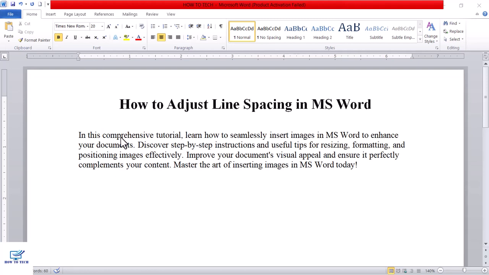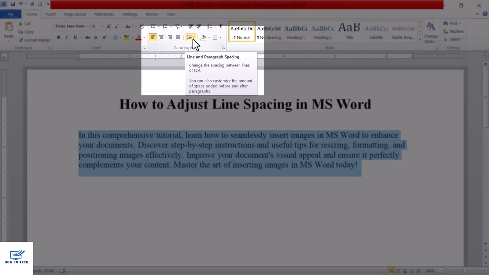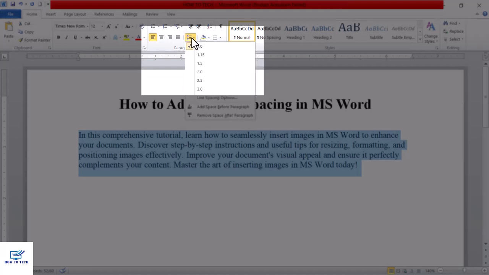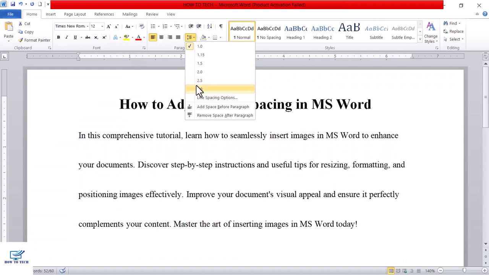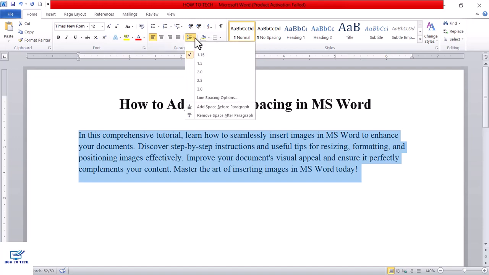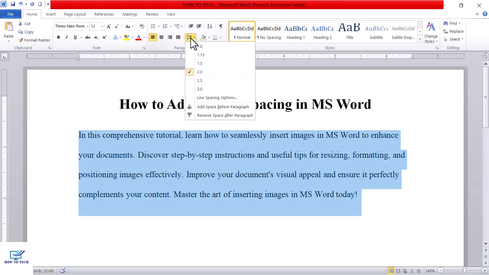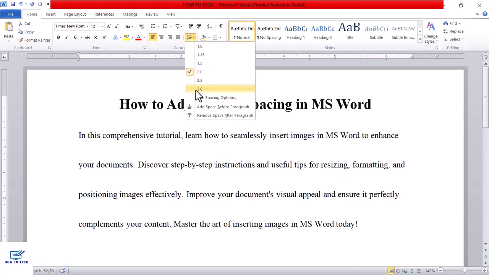To adjust line spacing, first you have to select the text, and then you can see here is the button for line and paragraph spacing. Click on it and here are different options of line spacing. So you can adjust it to 1.15, you can adjust it to 2 points, and you can adjust it to 3 points,